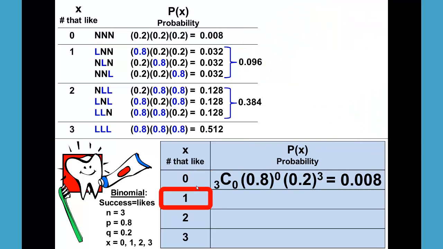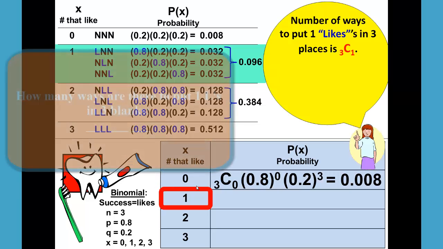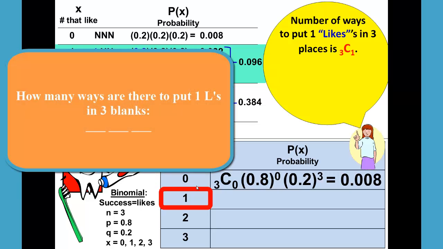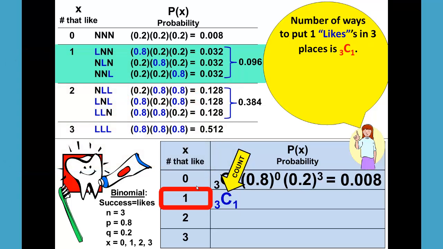For 1, notice we have the 3 options here, but the number of ways to put 1 of the likes in the 3 places would be 3 choose 1. Notice where the 3 comes from. That's the number of trials. The 1 comes from the number of likes or successes that we're looking for,